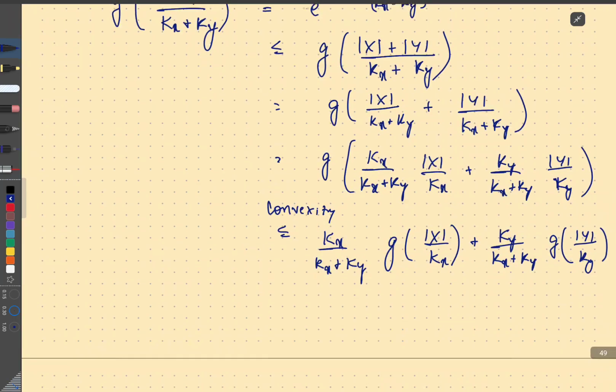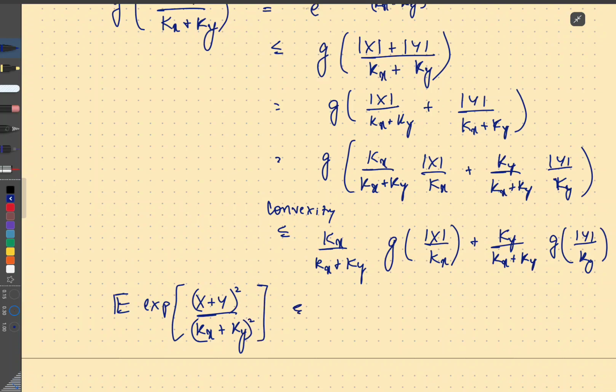Right? And I just take expectation on both sides. I have expectation of e to the power x plus y the whole square by kx plus ky the whole square is less than or equal to